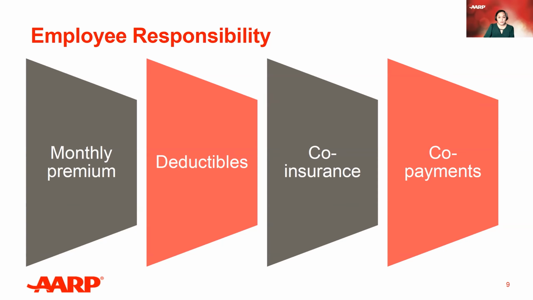When it comes to what employees are responsible for paying, what you're responsible for paying, if you're thinking of yourself as someone who has Medicare, these are the basic insurance terminology terms that we want to define and make sure that there's a clear understanding of, because these are things that will apply to Medicare coverage as well. Your monthly premium is the amount an individual would pay to Medicare or a private insurance plan for an individual's healthcare and prescription drug coverage. That's something that you pay monthly.